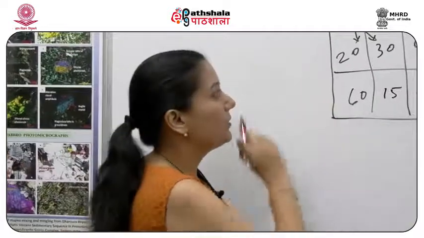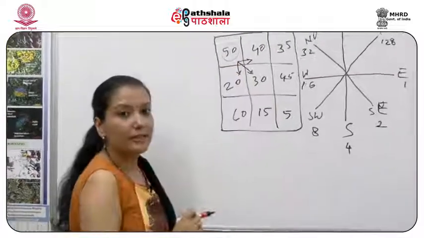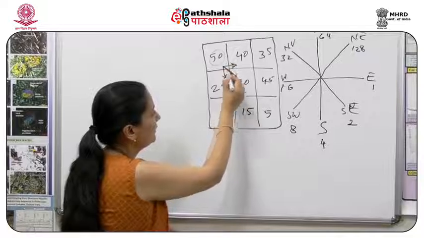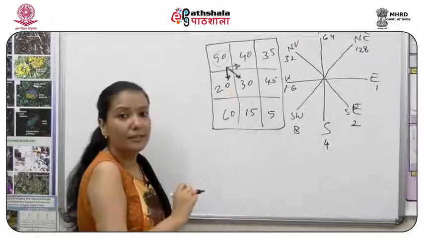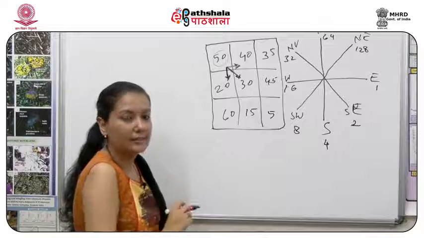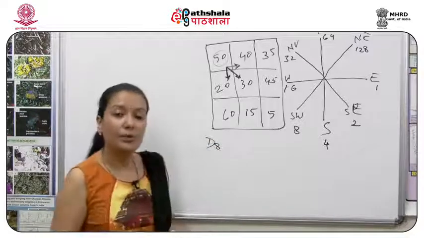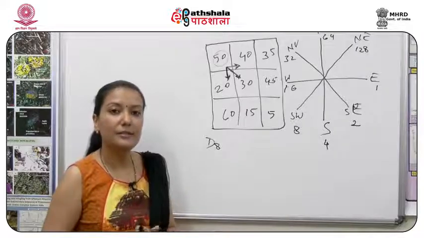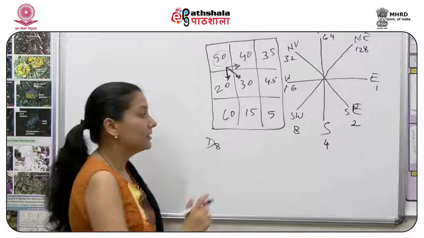Now when we need to calculate the slope in this raster, this is your upstream raster cell value. Where can it go? The water can go here and here, because we have low elevation values in all three cells. But our D8 algorithm allows the movement of water into only one cell, the one that has the steepest slope. So how do you calculate the slope in all these three directions?